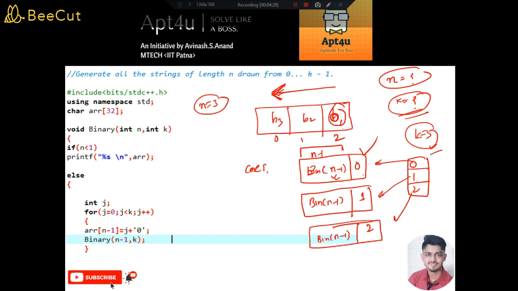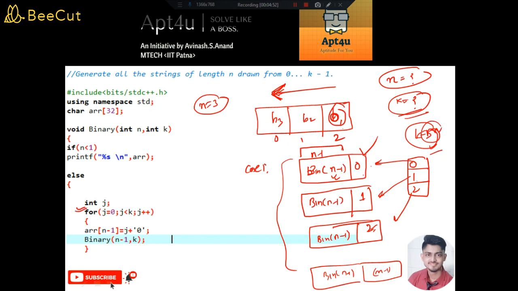So likewise you can see that if the value of k is m, you have to go from 0 to m minus 1. These are the possibilities, and then you have to do the recursive call just after allocating the bit. So can we code this particular logic? Yes, definitely we can code this particular logic, and that is why you see we have used a for loop.